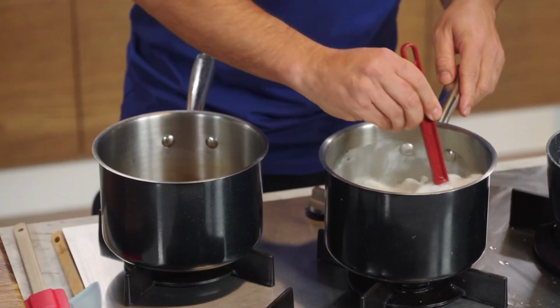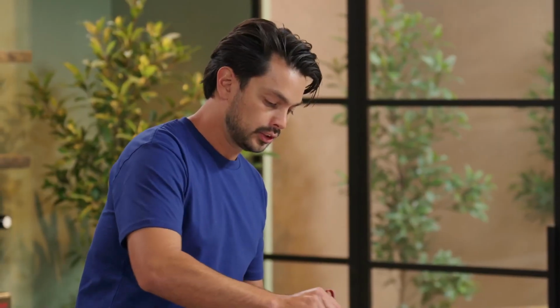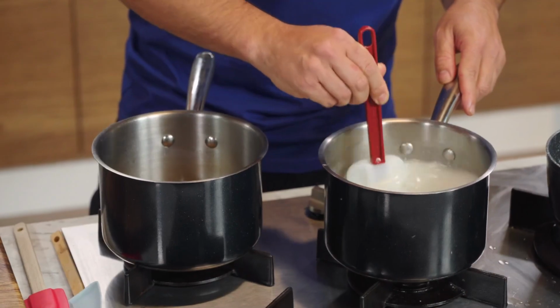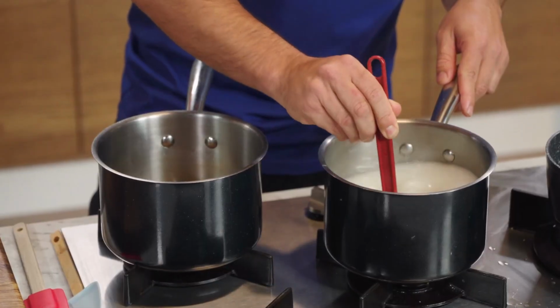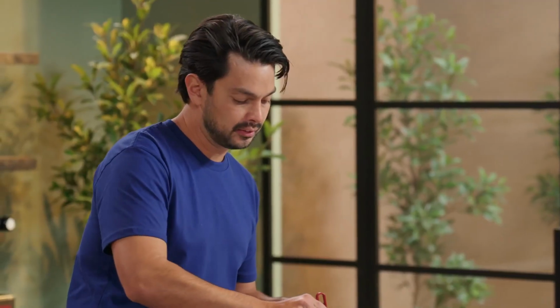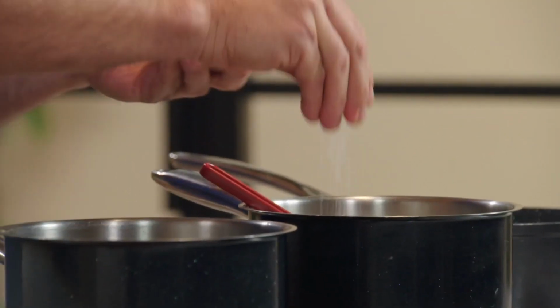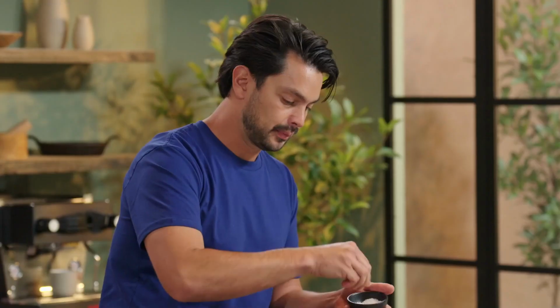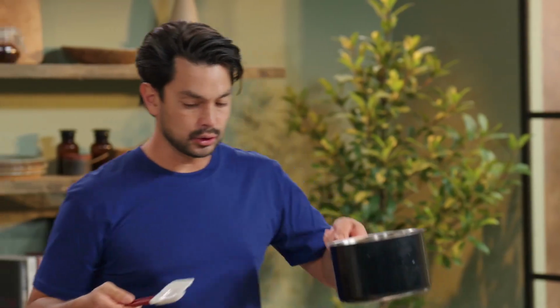And then now, just give it a good stir, get that cream all dissolved. And then really when I'm cooking a lot of Asian desserts, to help just cut that high sweetness, I'm just gonna add a little bit of salt to help balance it out. And in Asian desserts, we use this a lot. Once that's all dissolved,